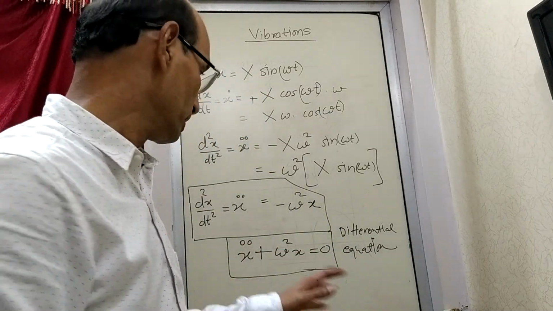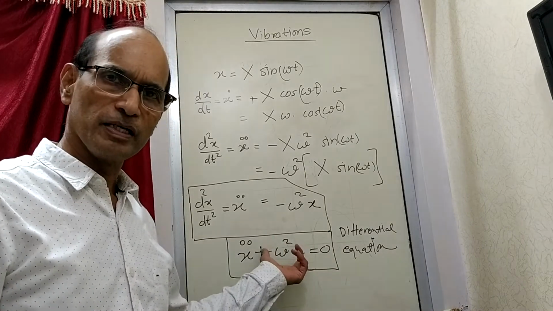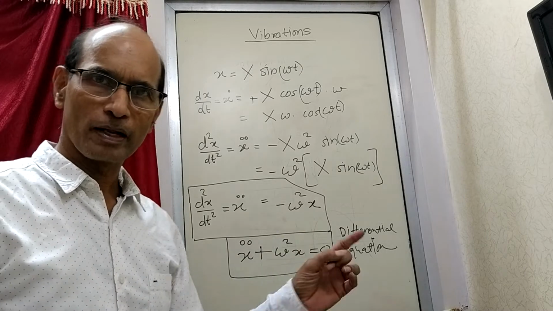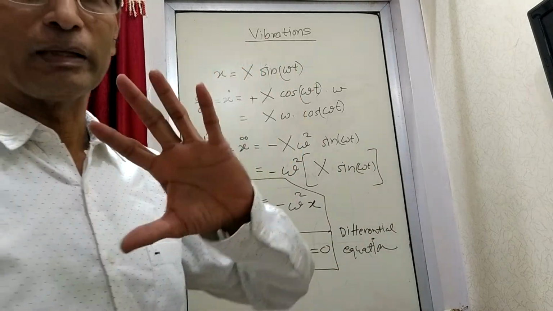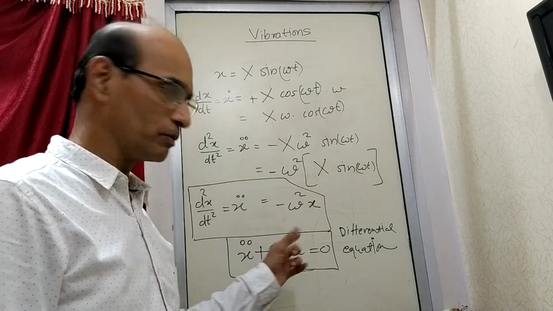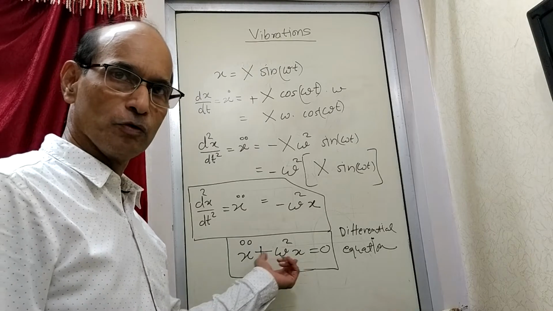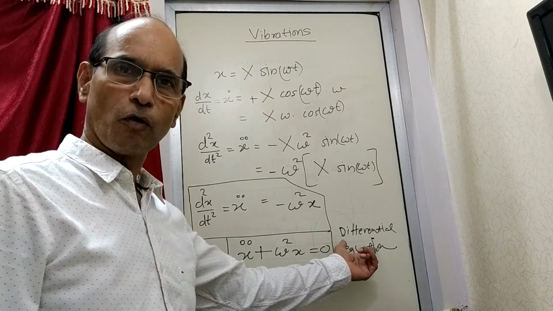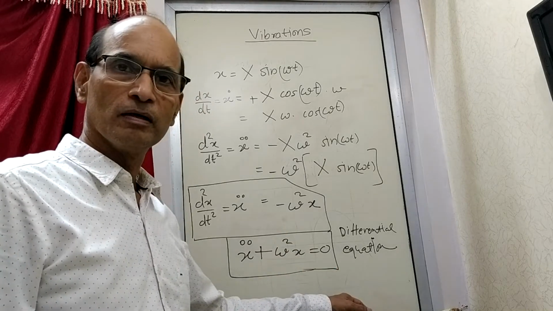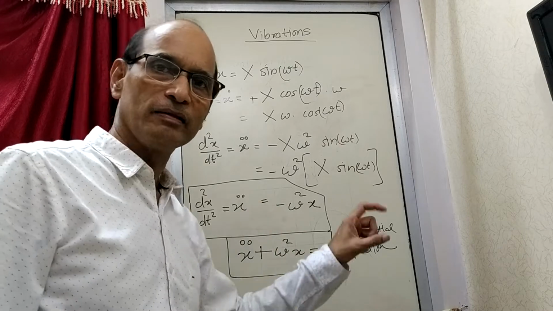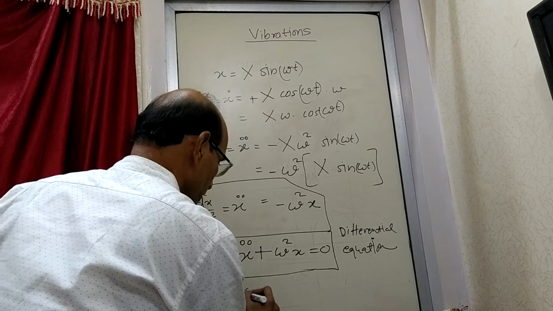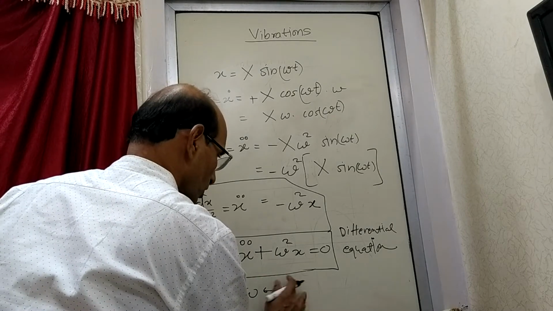This equation is called the differential equation, and this equation is what we are going to use for analyzing the vibrations. So whenever a motion is there, if you can bring the equation of the motion in this form, then you can say that it is following the differential equation, and then omega square you will be equating with whatever is the term that has come here. And omega, as we have seen already earlier, omega, T, capital T,